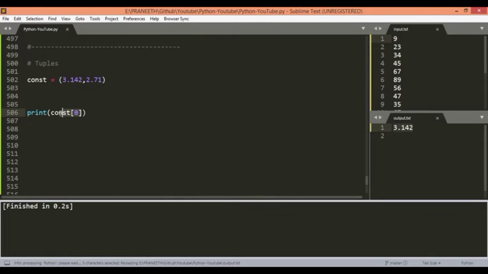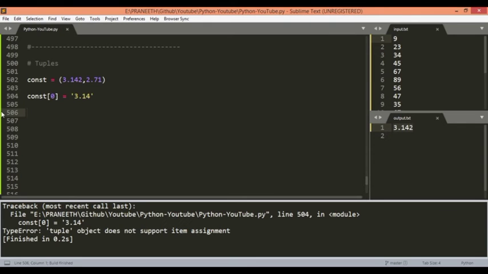We can use this because if we created a program in which we specifically need the constant values of pi and E, but somewhere in the program we change the value, such as changing constants of 0 to something less specific like 3.14, and then we continued the program, if we run that program, then it will throw an error as tuple object does not support item assignment.